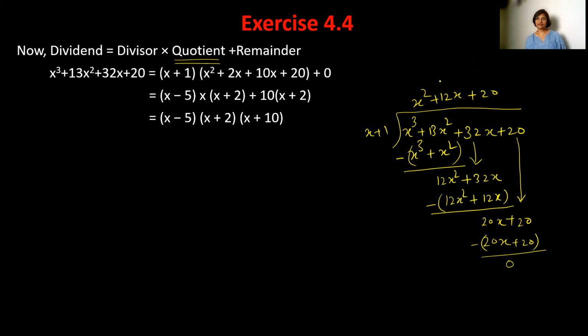After division, we got x square plus 12x plus 20. So we split the 12 into 2x plus 10x, right? So here x minus 5 is already here. It's not x